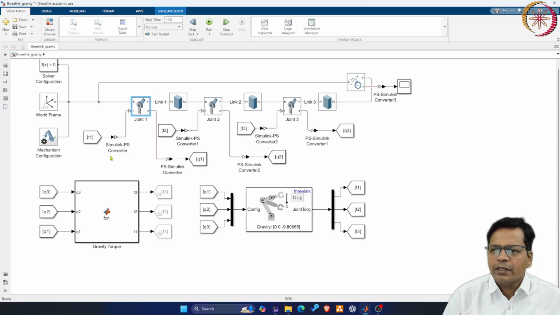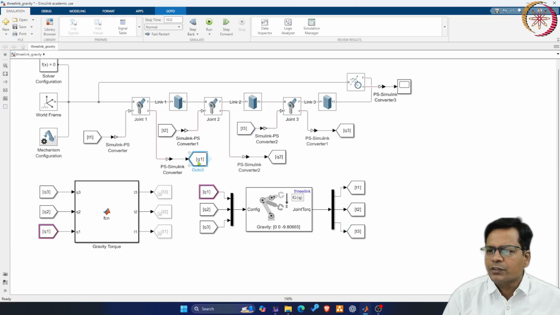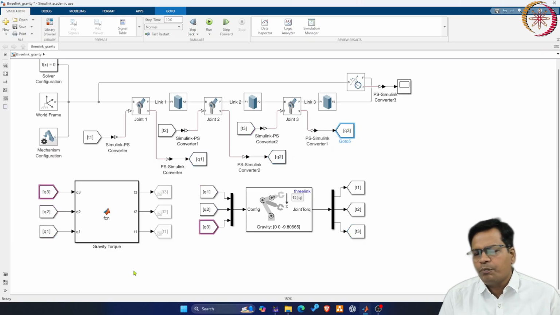Again, we'll be using a Simulink-PS converter here, where PS is physical system. These are physical systems, so we need to convert the data types from Simulink to physical system. I did that for each of the joints. So the independent torques are T1, T2 and T3. Those are the outcomes of gravity compensation torque, and the runtime variables for the joint angles are stored in Q1, Q2 and Q3. They become the input to the gravity